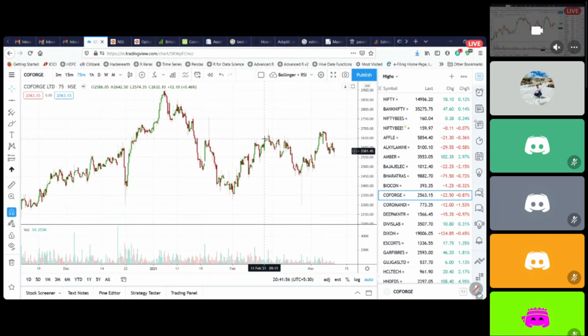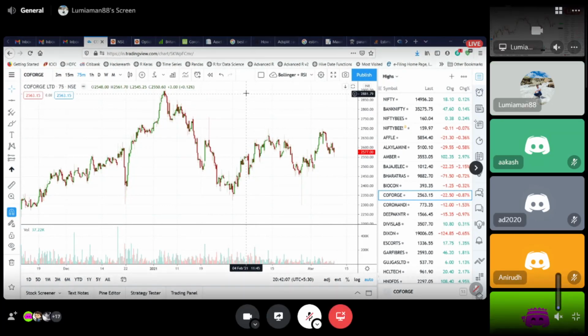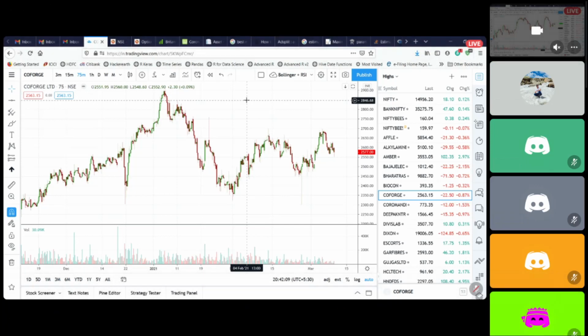So from what I understand, this is a high RR setup, right? Not that high. I would say it would be 1:1.5 or 1:2. Usually it's not more than that. What's the probability, out of 10 trades that you take, how many on average hit the targets? I would say 8. Oh, that's really good. Yeah, because the momentum is on your side. Momentum is your best friend.